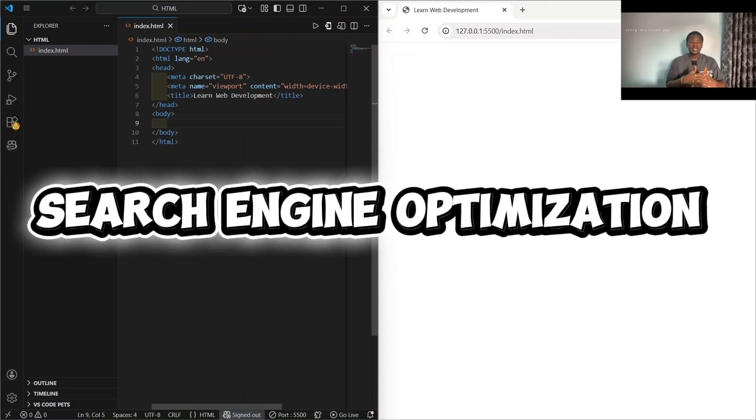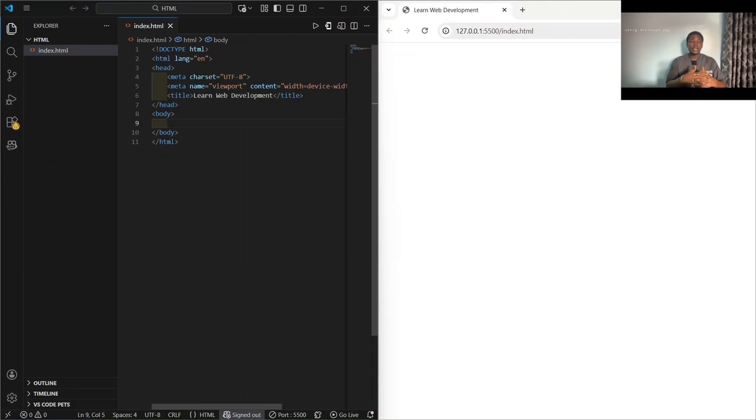SEO is search engine optimization, and SEO helps in ranking your page in terms of visibility to users, because when browsers decode your code, it uses the elements, and that's why I told you about semantics, giving meaning to your web page. So we're going to start by using an h1